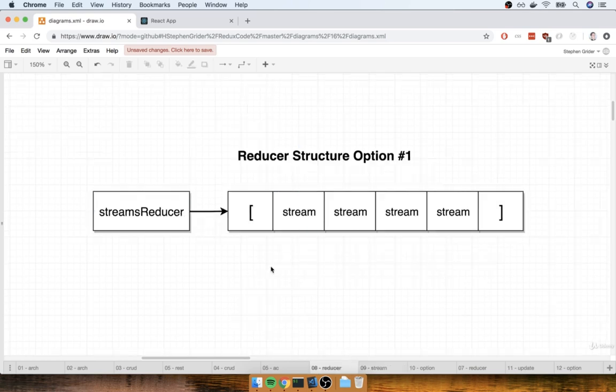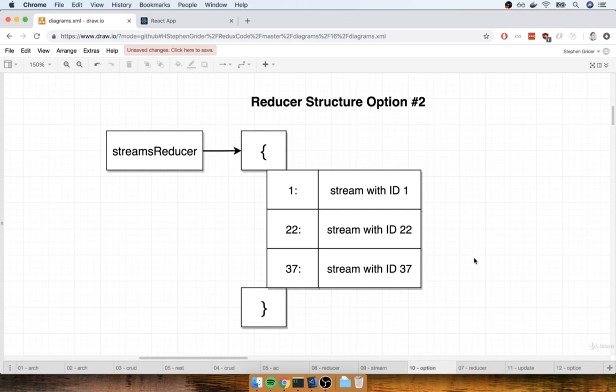So if we wanted to follow the same convention as we've seen throughout the course, we could return an array that has a list of all these stream objects inside of it. But like I said, this time around, we're going to do things a little bit differently. The reason is that it's going to make many different operations around maintaining a collection much easier than if we had an array. Okay. So here's what we're going to do instead.